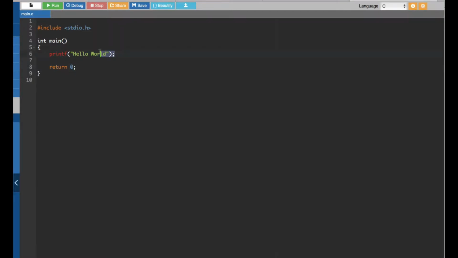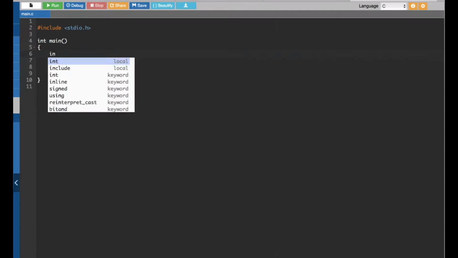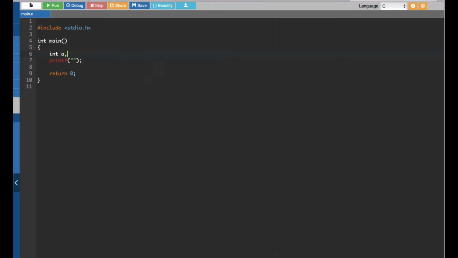So let's get rid of this one. Let me keep this one blank, and then here we are going to use three integer type variables because we are going to get three inputs from the user. Three integer numbers. So let's say a, b, c,